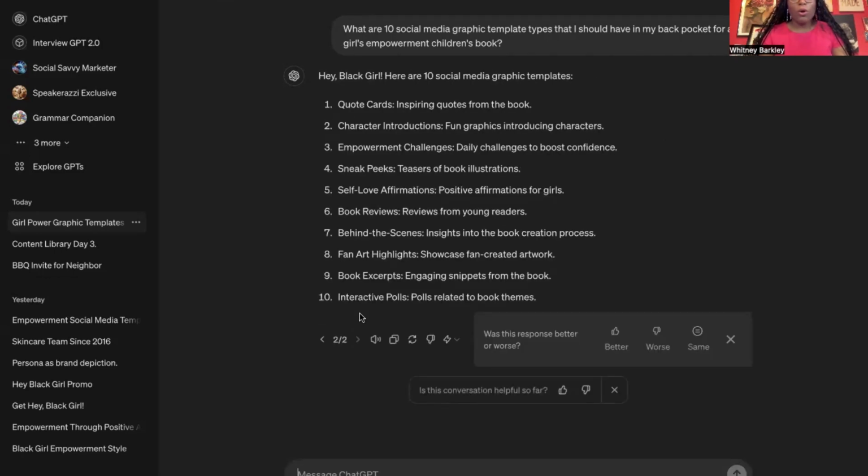So it said quote card. So it took some of the things from the last one: character introductions, empowering challenges, daily challenges to boost confidence, sneak peeks, self-love affirmations. So it's giving me a whole entire list of new types of graphics that I can potentially create. I wanted to show you this quick tip inside of ChatGPT because, again, visual graphics is something that